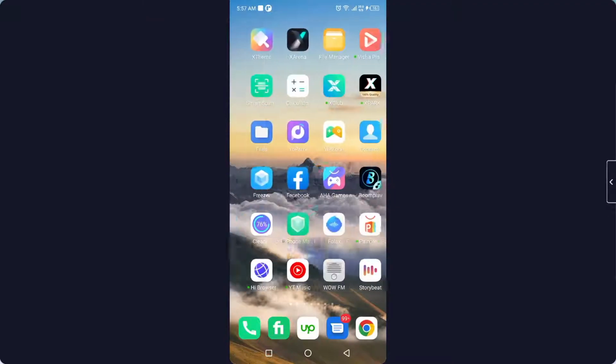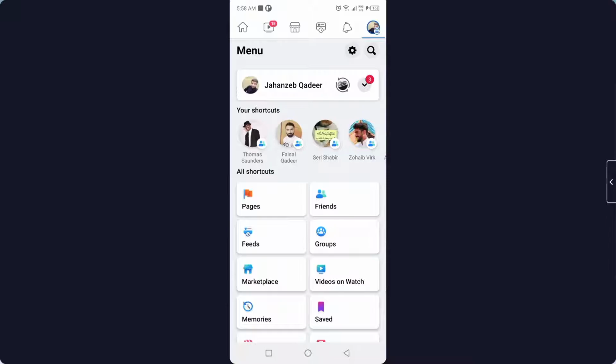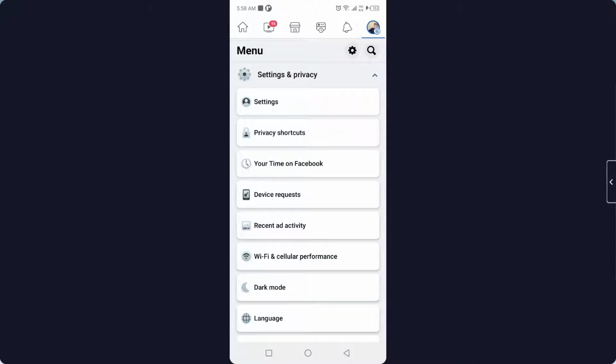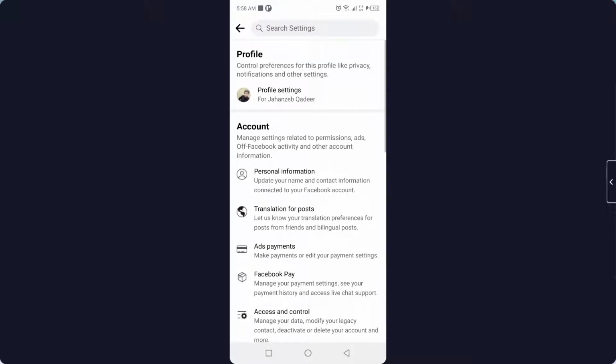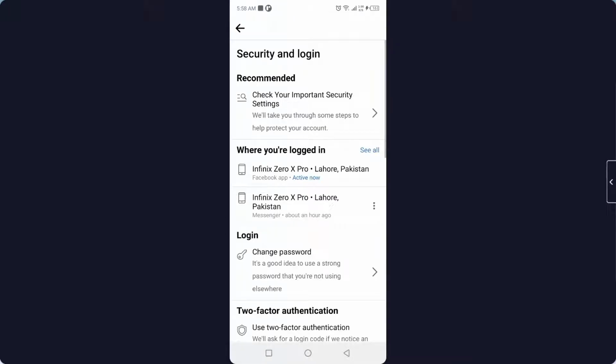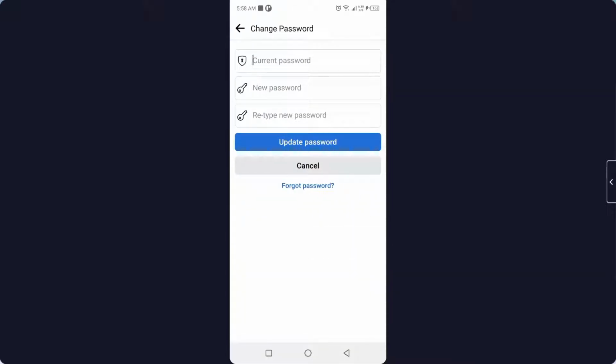So the first step you need to do is to open the Facebook application, and then you need to click on your profile picture in the top right, and then you need to scroll down and click on settings and privacy, and here you need to click on settings. Once you are in your settings, you simply need to scroll and click on security and login, and here you can see change password. So you can see that there is no option to see your password, so you simply